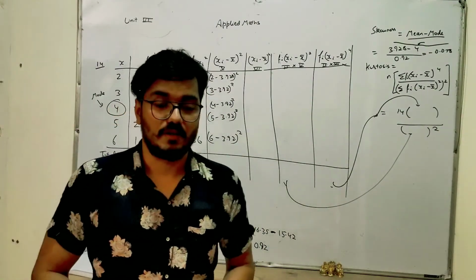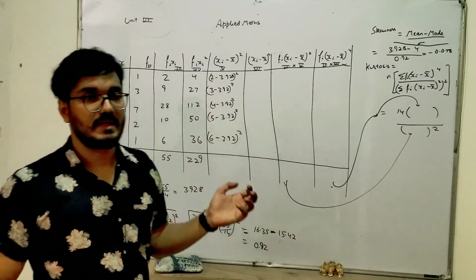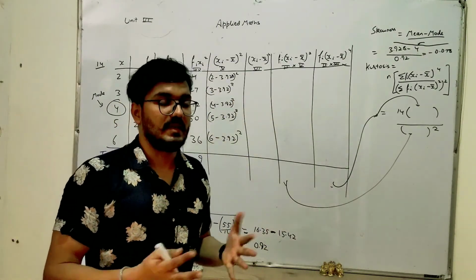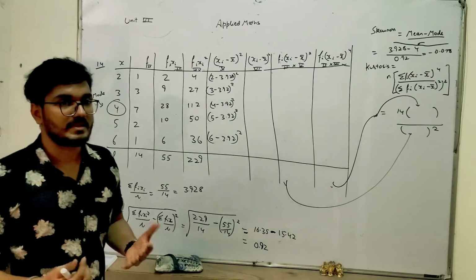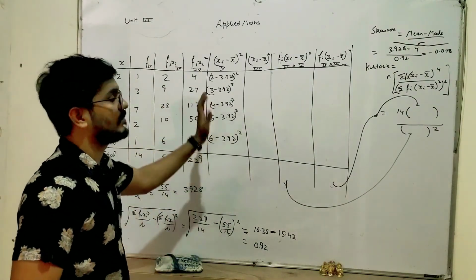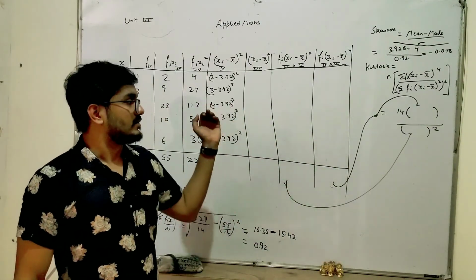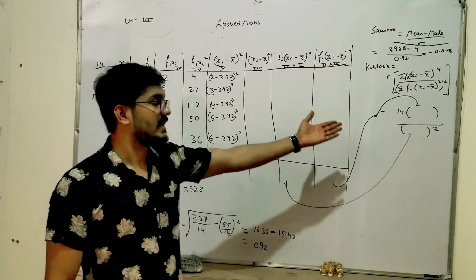So that's all for today's video. This is very easy, but the values are quite difficult. In the exercise, I'll give you some simple values also in the next video, so that you will be able to understand. But the values are quite complicated in this, so the values will come in decimal. So just find it out, and that will be our answer for kurtosis.